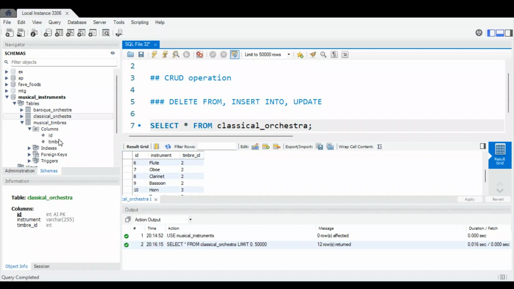Timbre ID, you might want to look in musical timbres and notice that there's an ID column and think, those guys are probably connected to each other. It's just common, the way that tables, or columns in this case, tend to be named. Okay, so if I want to delete from classical orchestra,